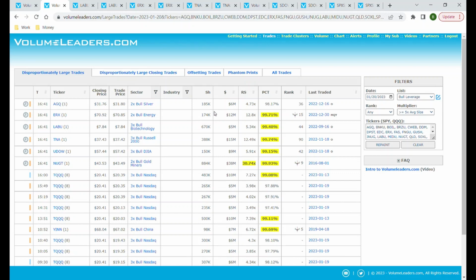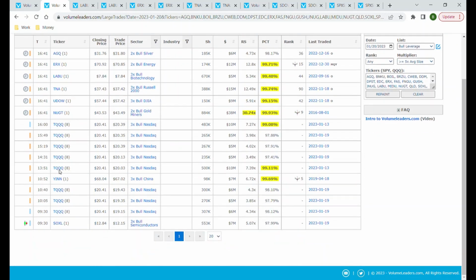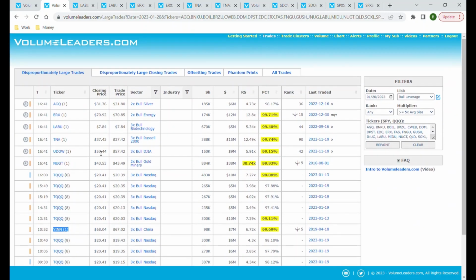So what we got today was a couple of really big ones that stood out to me. And there's some in here for metals and various other things. The China one is here. But the ones that stood out to me are TNA, which is the leveraged Russell. It's in the top 100. And the last time it traded this large was 2 months ago. And the leveraged long SDOW, which ranks in the top 50, and also last traded this large back on November